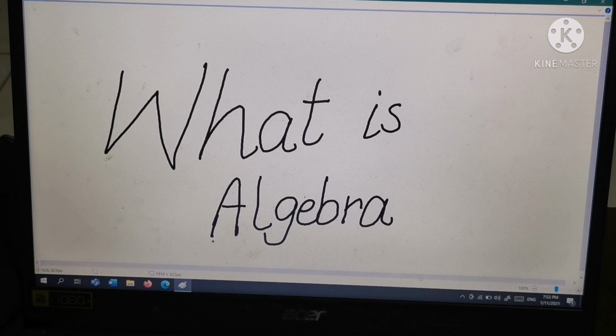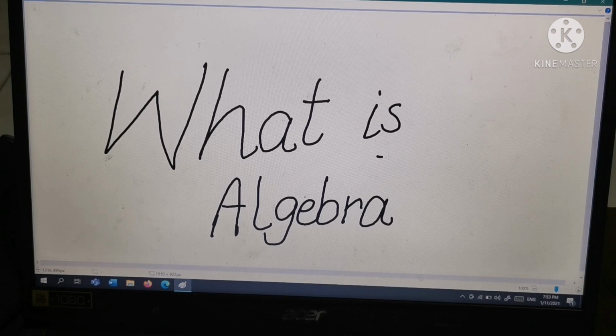Before I start to solve the sums, I would like to introduce you to the term algebra. This is an important branch of mathematics. It deals with variables and unknowns, and we are expected to find the value of the unknowns. It follows all the rules of arithmetic, and it uses the four main operations, that is